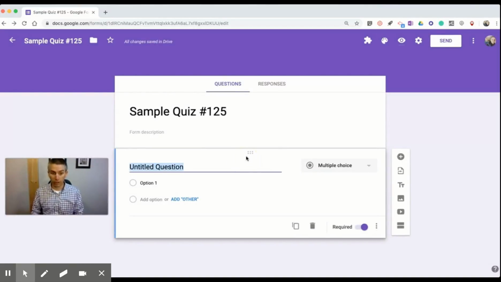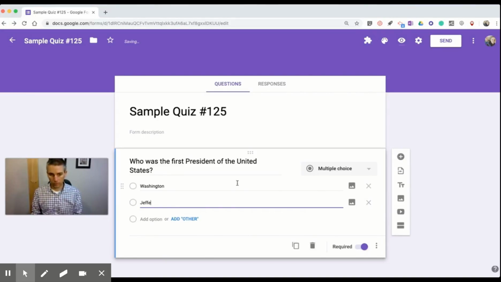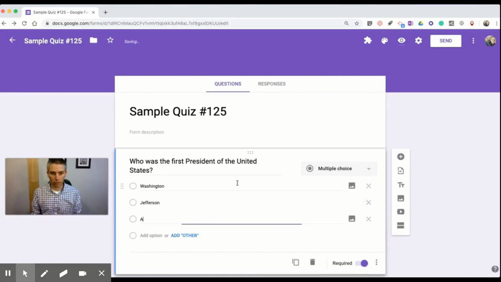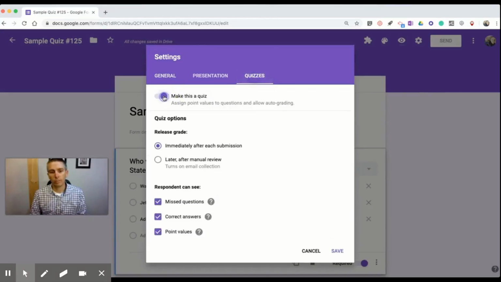Maybe my question will be something along the lines of, who was the first president of the United States? Let's say Washington, Jefferson, or Adams. Now, we haven't made this into a quiz yet. In the upper right corner, let's make sure it's quizzes, make this a quiz,